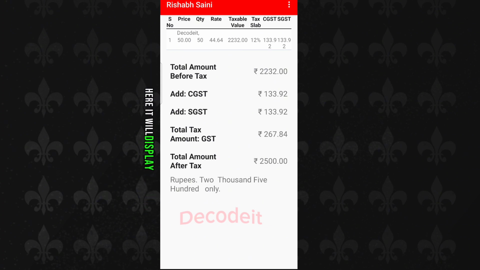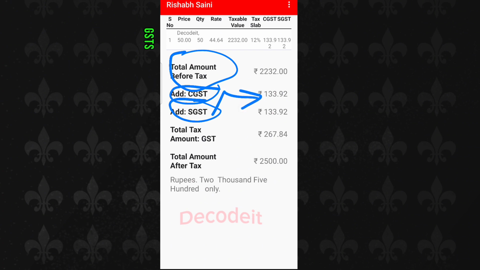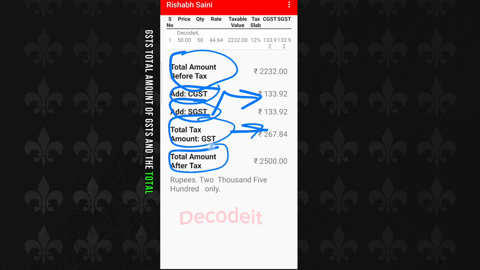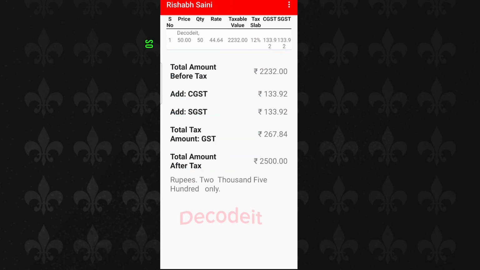Here it will display the total tax, the total GST, the total amount of GST and the total amount. So here it will display all the things, and lastly the total price. So this generated an e-bill.